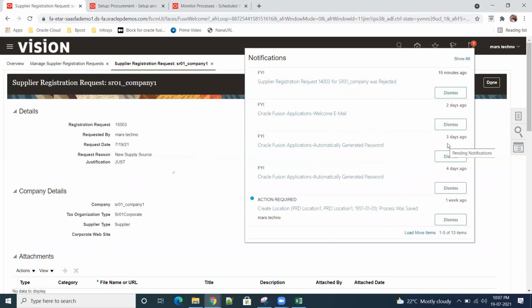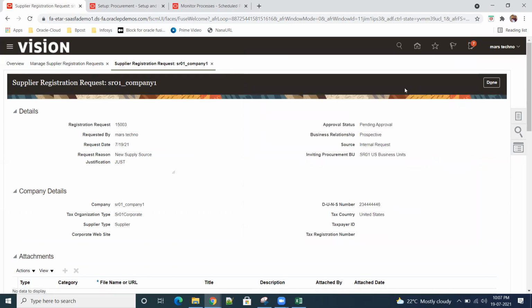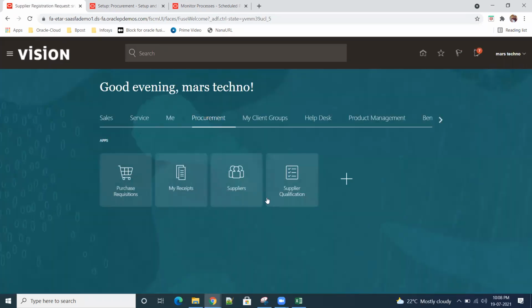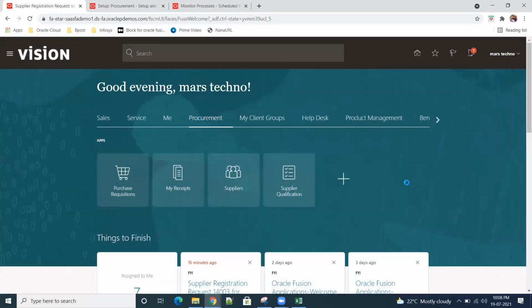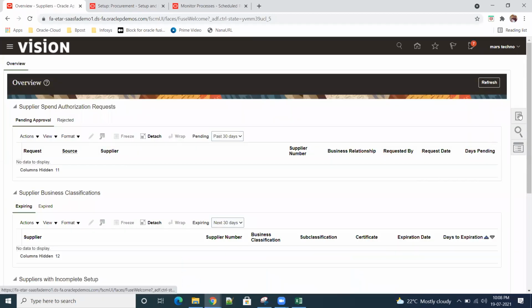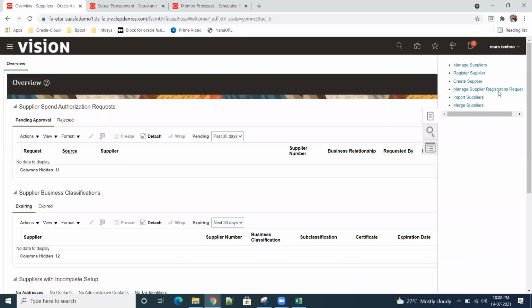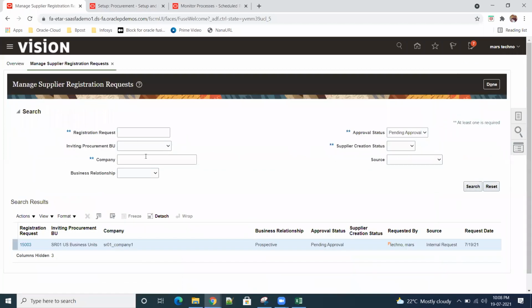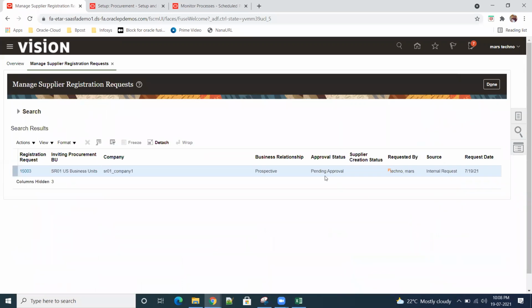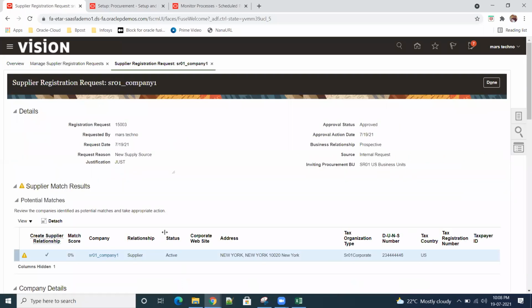Why? It will take some time because mostly it has to come out. Let me see again. It won't take much time. Go here, manage, search, still showing pending approval. How come? Approved.